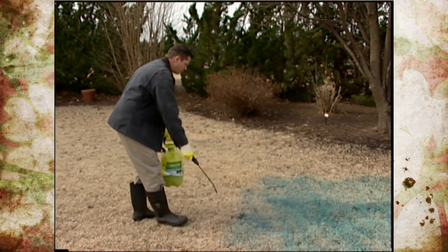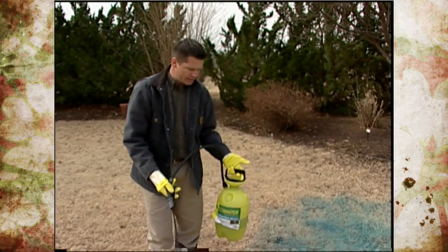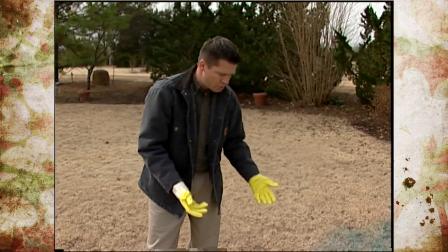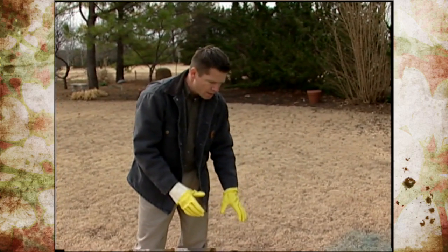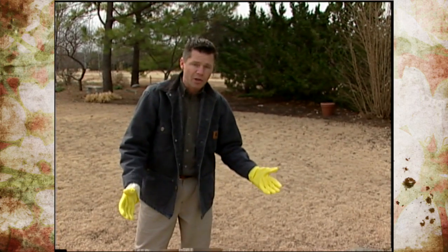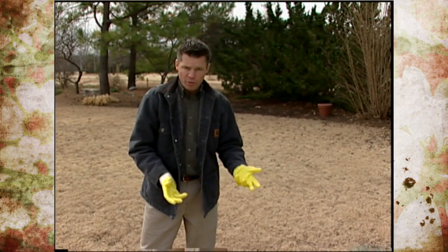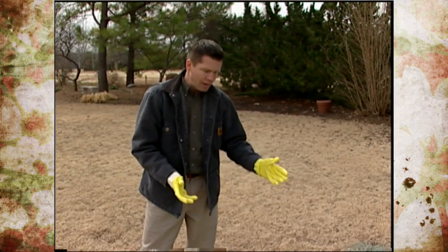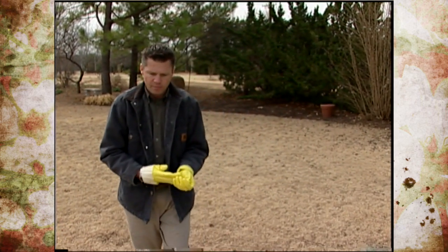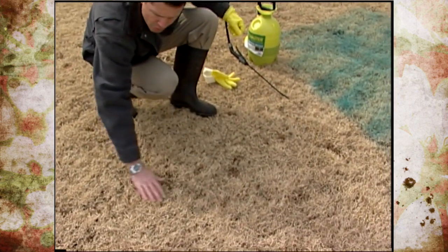And I'll explain that in the fact that once you read the label and you mix up your herbicide, you know how many tablespoons or teaspoons per gallon of water to use, and you get the correct concentration. But there is also only so much of the product that you can apply in any given area. This again is called the carrier rate, and it's usually given in pints per acre. For instance, Roundup Pro can only be applied at a pint to a pint and a half per acre or less. And the way it can harm your turf is that when you're spraying lightly over the top,